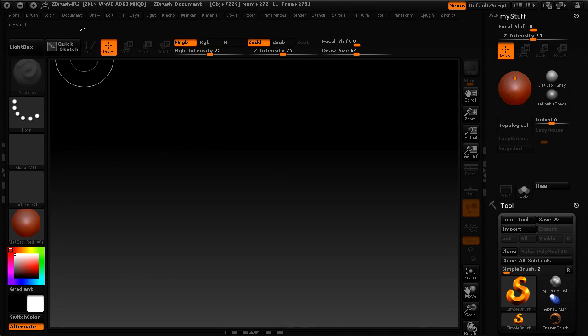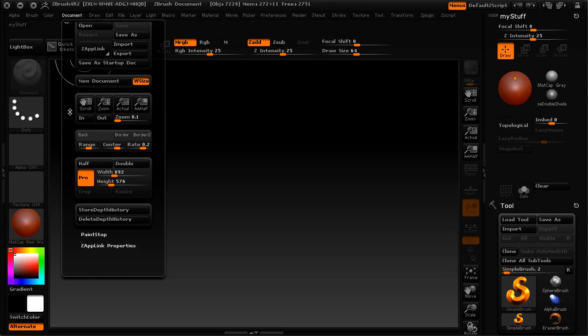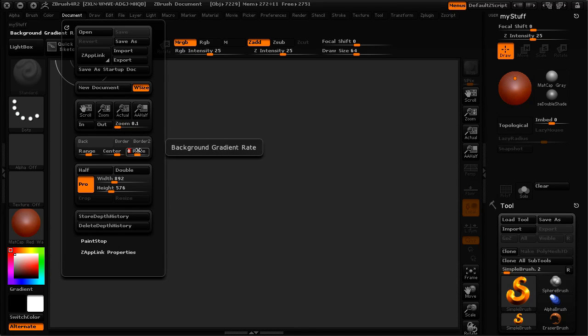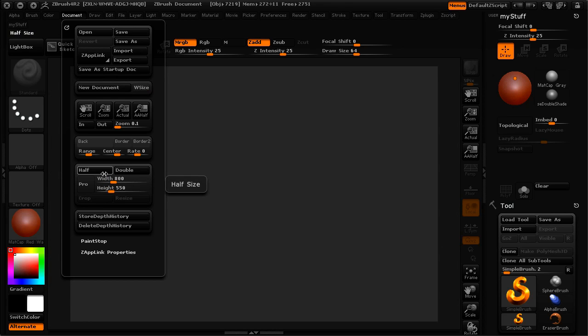So something that you might consider, and this is something I do for these videos, is I set the rate of the background gradient to be 0 because the gradient doesn't compress very well for making videos. I changed the width of my canvas. Unfortunately, I have to go smaller than the default because I'm recording at 720p HD, which is not a lot of screen space. If you guys want to adjust your canvas size by default, you do it here and do just what I've